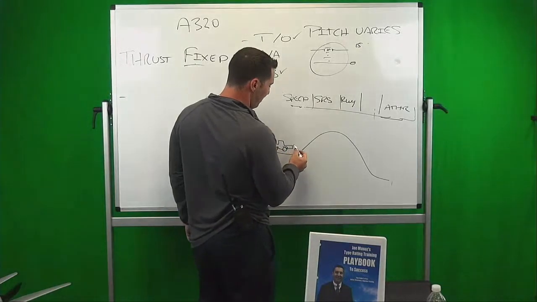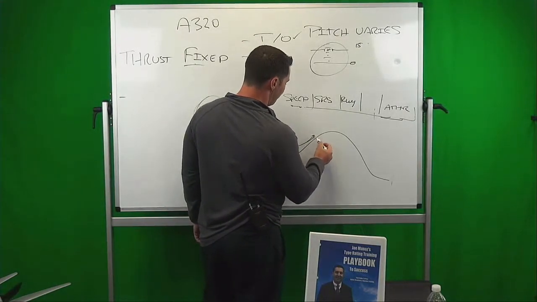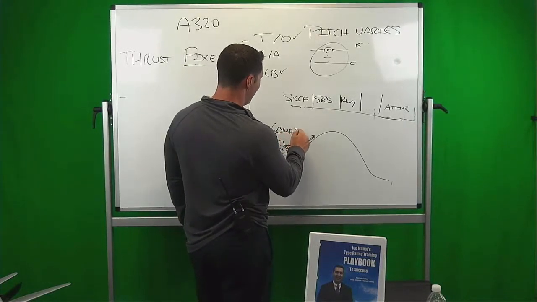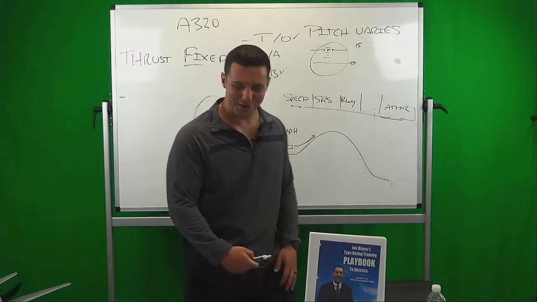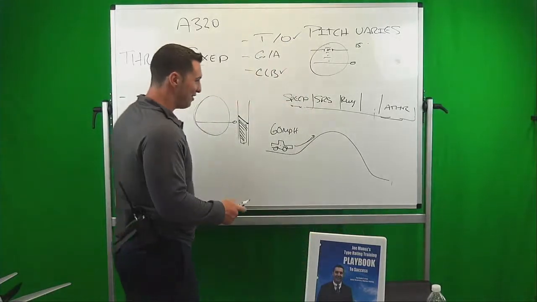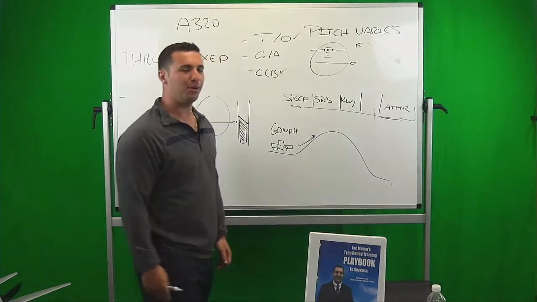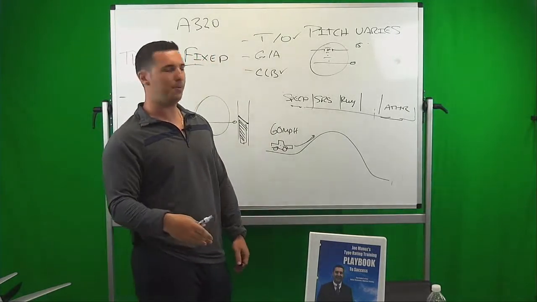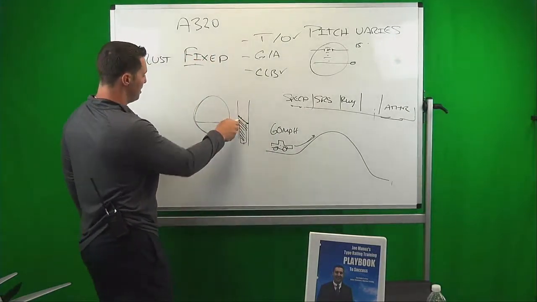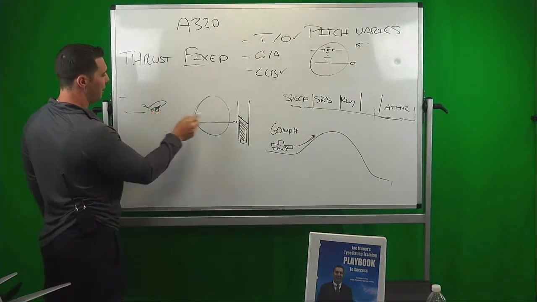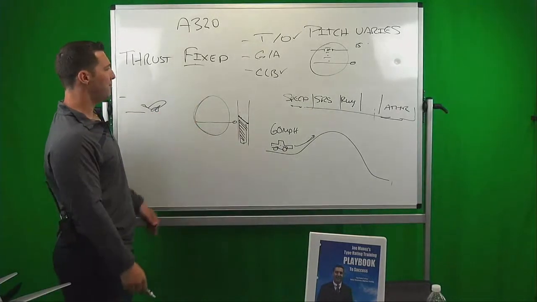Okay, so we're going up the hill, right? As I go up the hill, let's say we got the cruise control set to 60 miles per hour. And if you're in Miami, more like 100 miles an hour down here. You see what I'm saying? So 60 miles an hour. As we go uphill, it's going to step on the gas a little bit, right? Well, your speed mode is the same thing. As I pitch up to comply with my TCAS RA, my thrust is going to apply because speed mode is